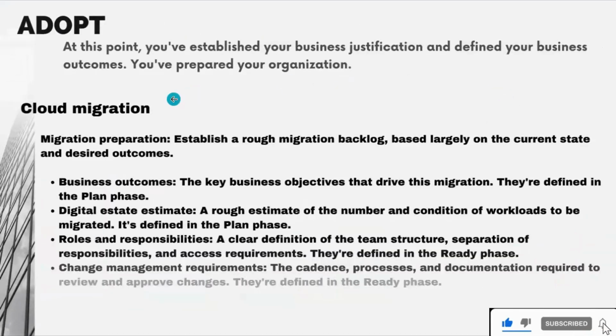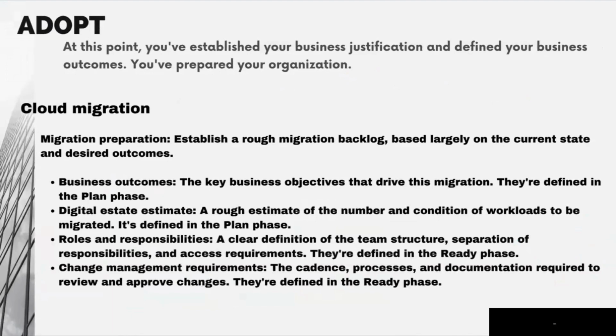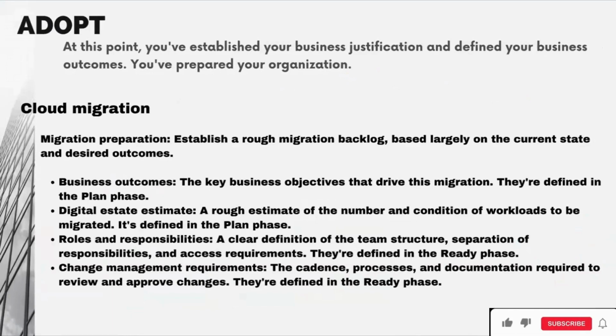adopt. Okay. So at this point, you have established your business justification and defined your business outcomes. You have prepared your organization. Now we talk a little bit about cloud migration. So what is migration preparation? Establish a rough migration backlog based largely on the current state and desired outcomes. Business outcomes, the key business objectives that drive the migration, are defined in the plan phase, right? Digital estate, a rough estimate of the number and condition of workloads to be migrated, is defined in the plan